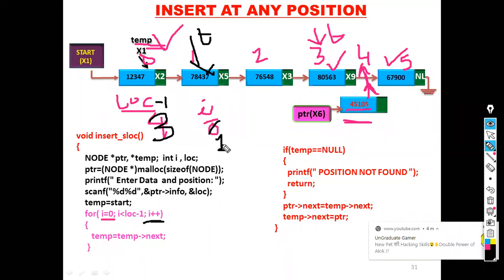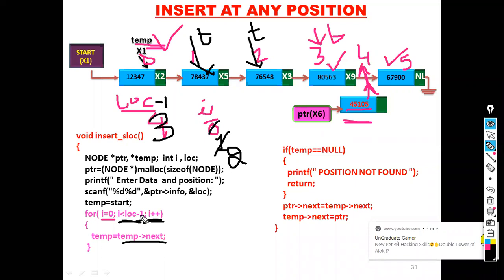Okay. So now test the condition whether i is less than location minus 1. 1 is less than 3. It's true. So this statement is executed. Temp equal to temp next. That means now temp is pointing to the third node. Okay. Then next the value of i equal to 2. So 2 is less than 3.